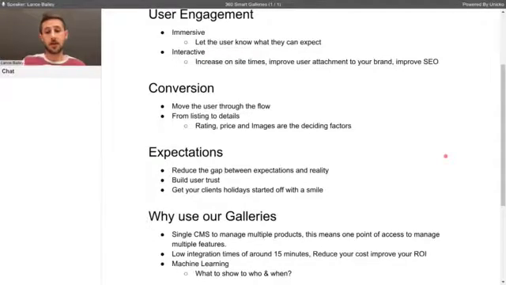And this really leads to the ability to retain customers, because you build that user trust. The client comes and he says, well, I got what I was promised. I didn't expect anything more. I didn't expect anything less. I'm happy. And the next time I come here, I definitely want to stay at this hotel again, or eat at this restaurant again, or whatever your property may be that you're hosting with us.